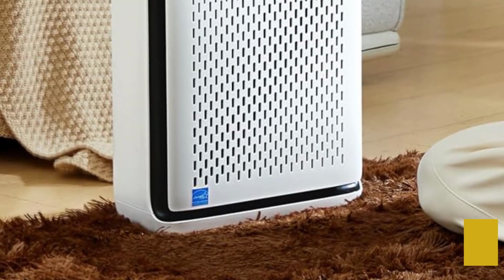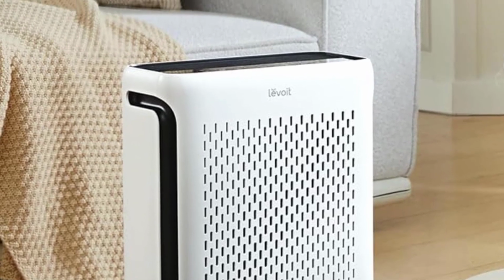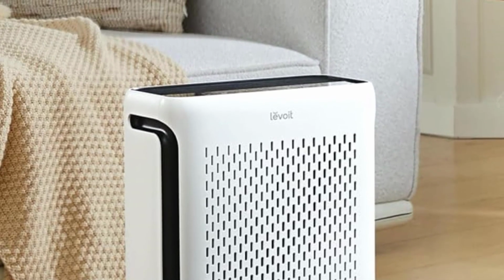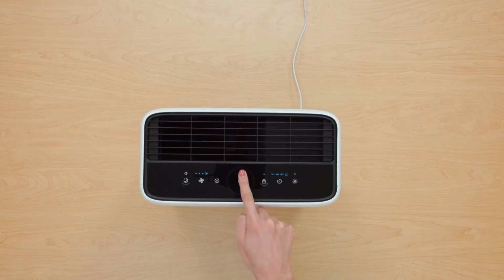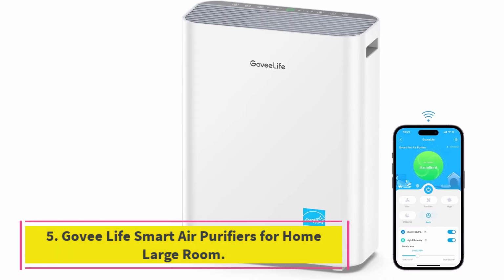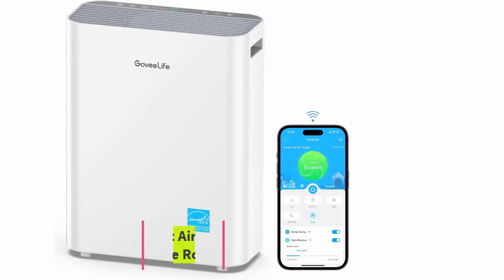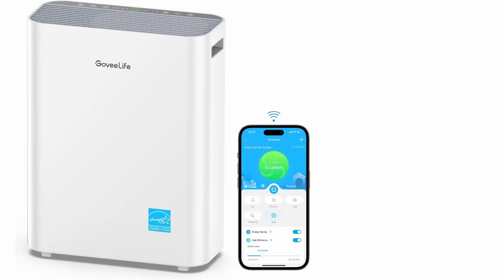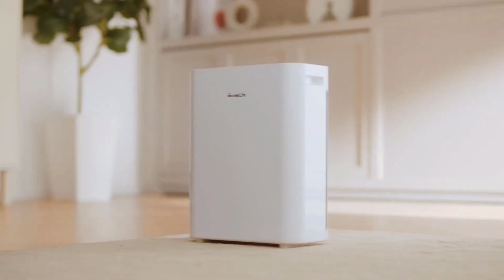What we like: easy-to-use app feature, accurate air quality sensor, quiet and suitable for bedroom/office, washable filter and easy to replace. Good for people with allergies or pets. Number 5. GoveeLife Smart Air Purifiers for Home Large Room. GoveeLife Smart Air Purifiers for Home Large Room, also known as GoveeLife Smart Air Purifiers, is a smart and efficient air purifier that brings convenience and fresh air to your